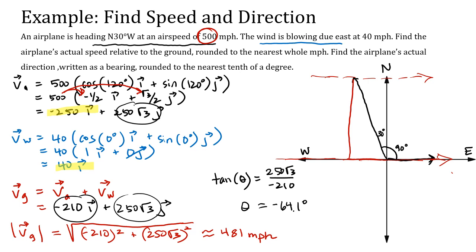Where's negative 64.1 degrees? Negative 64.1 degrees is down in the fourth quadrant. Do we actually think that it blew it off that much? And I hope you're screaming, no, that can't be right. Well, you're right. And what you need to remember is when you put tangent inverse into your calculator, the calculator is only giving you one possible answer within the boundary, but there are other answers, and that is because of the period of the tangent function. If I add 180 degrees to this, I get